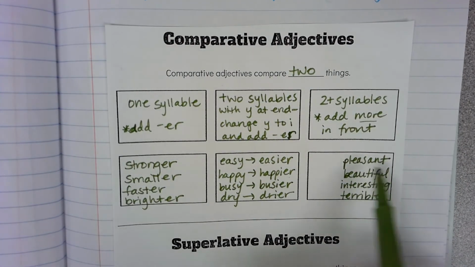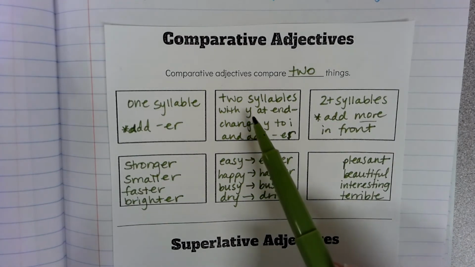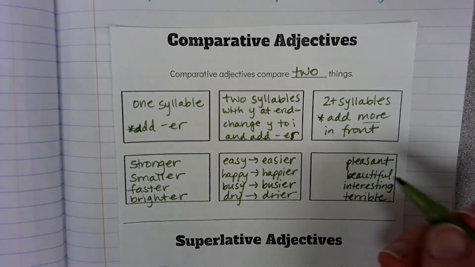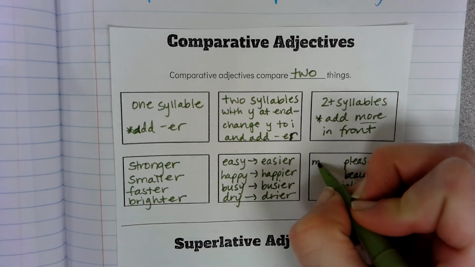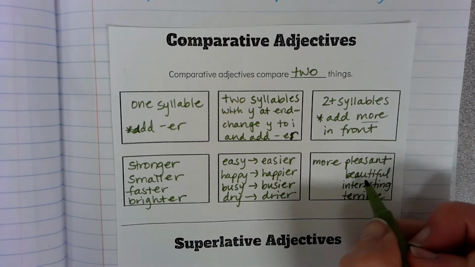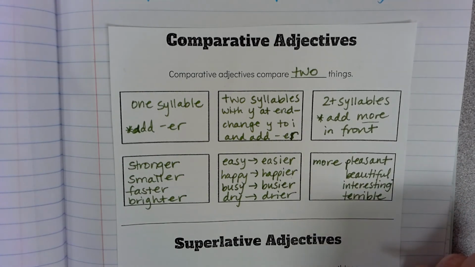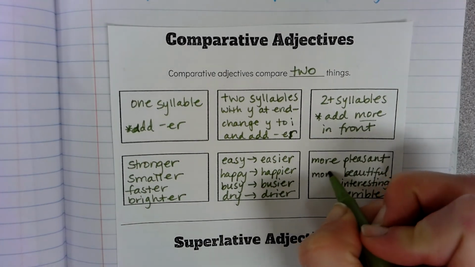This has 2 syllables, so that could actually fit under this category, but it doesn't end in a Y. So this rule only applies to the adjectives that end in a Y. So we're not going to say it's pleasanter than the other. We would say something is more pleasant than the other. You're probably going, all right, the word beautiful, can't just add an ER to the end and say beautiful, or we would say she's more beautiful or it's more beautiful than